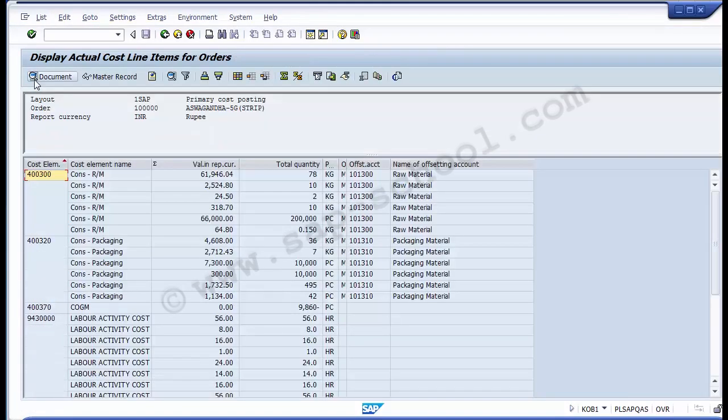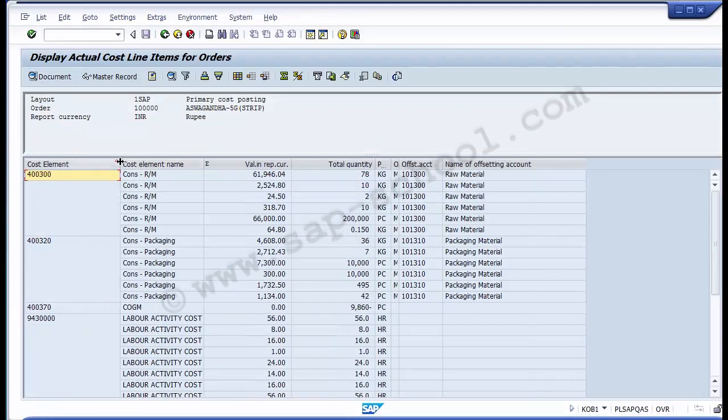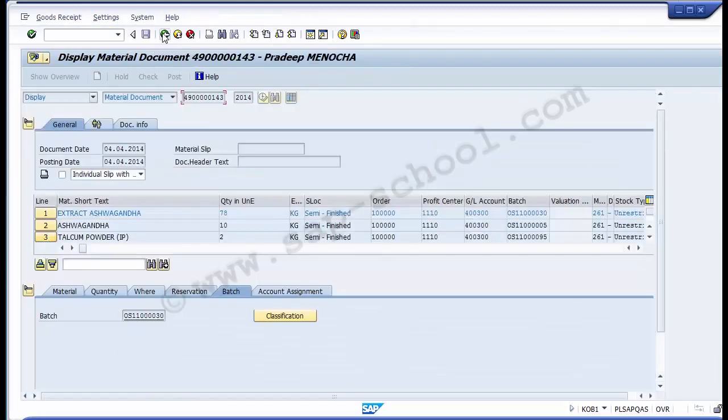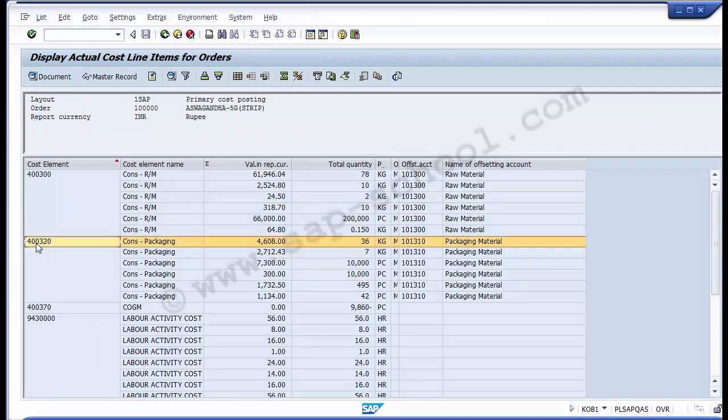As now executed, you can see the different values reflected to you. So these are the breakup, the line items reflected to you. This is the cost element with respect to this internal order. These are the different values being posted as actual line item breakup, which you can see over here, and the same way you can go below. So in this particular internal order, the cost element 400300 has been used as consumption raw material for posting these different values. Similarly for this particular internal order, another cost element has been used, that is 400320, and